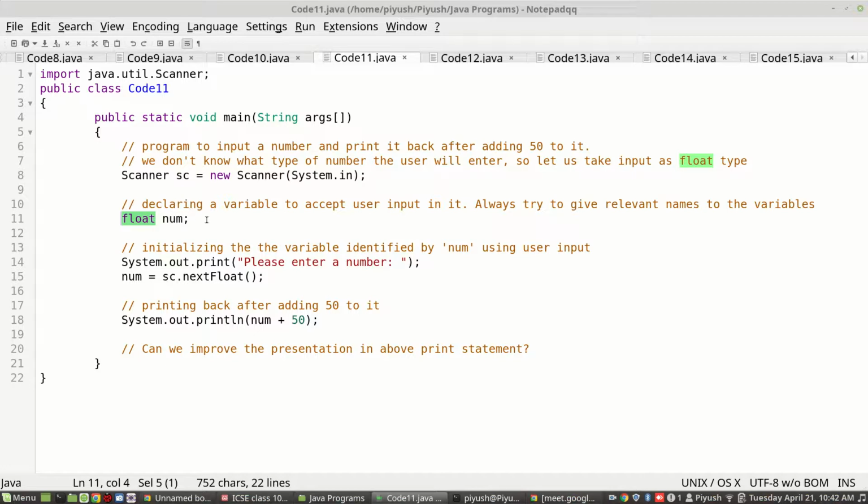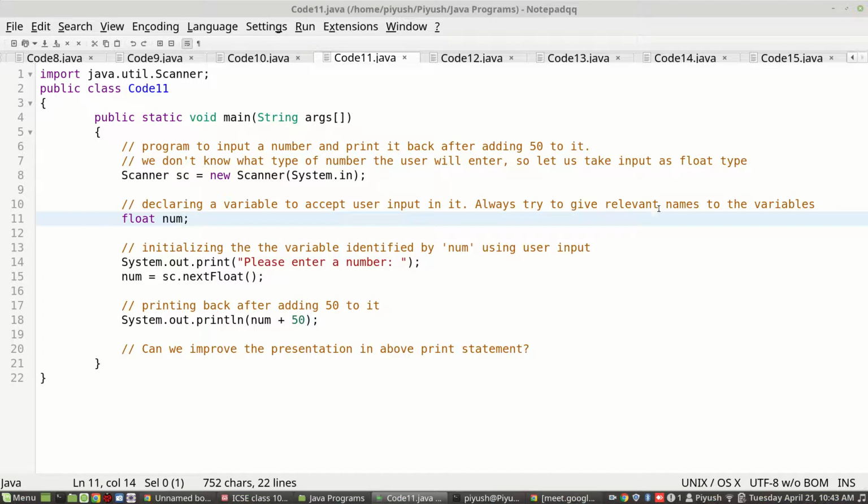Fine. So you have used this declarative statement to create only one variable, which will be identified by num. Num for number. It's always a very good practice to have identifier names, or variable names, suggesting the purpose for which the variable is declared, because you are going to store a number inside it.